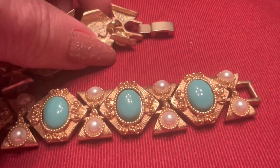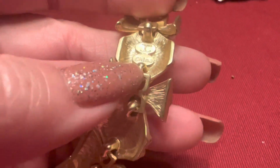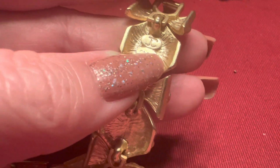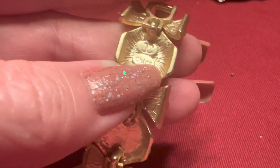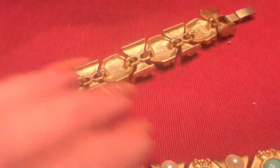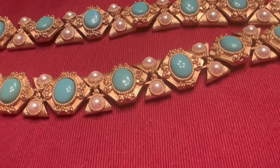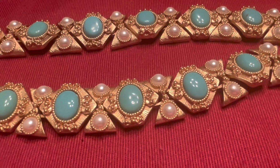So I'm going to flip this over. And here's the marking on this. You can see it's a J and a C, and they're kind of run together, and then beneath it, it says China. The marking on this is for a company known as Jewelry Concepts, and they have been in business since 1985. Now, they probably market their own jewelry, but they also design jewelry for other companies and department stores,